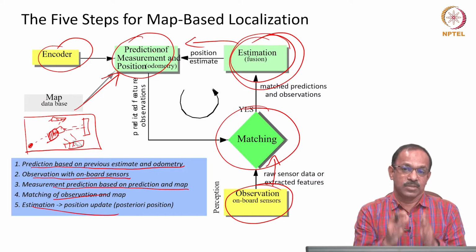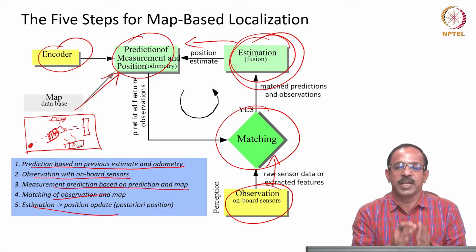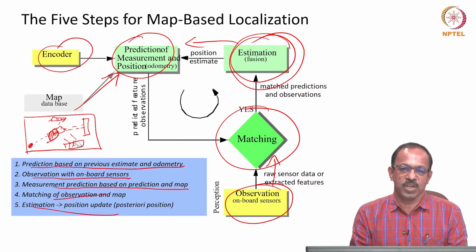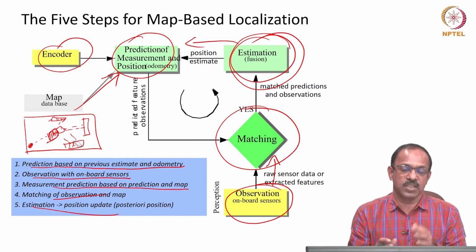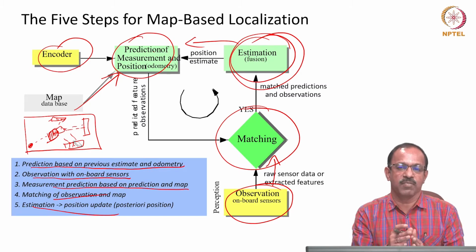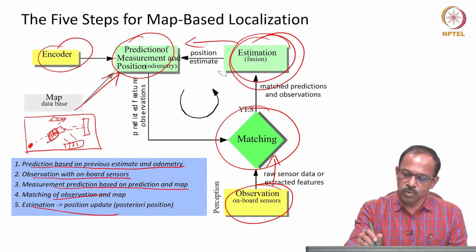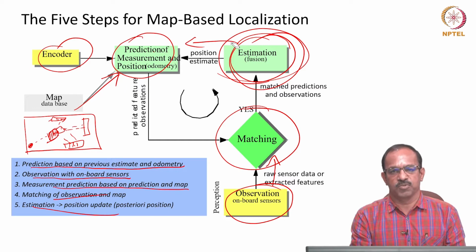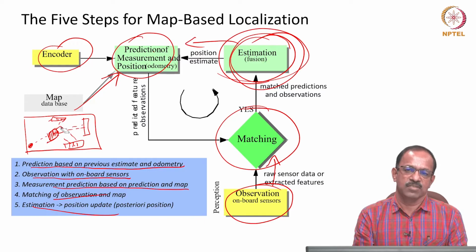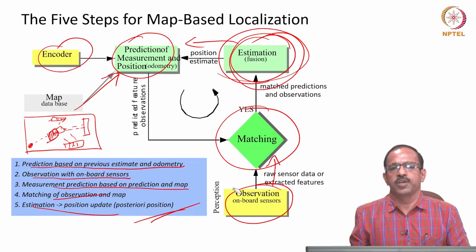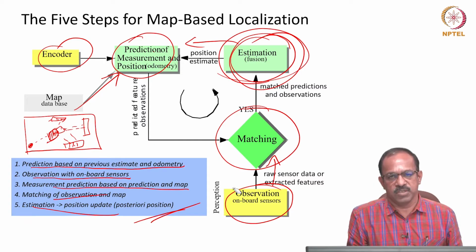And if they are the same, what it is seeing and what it is actually supposed to see, both are the same, that means the predicted position is the correct position. The position the robot has reached is the correct position, there is no error. If there is some difference between what the robot is actually seeing and what it is supposed to see, there is an error, and that error can be used through some fusion algorithms to correct its position and get a new position estimate, which is pk plus 1 and sigma pk plus 1. So, this is what we actually need to do in estimating localization using map based methods.